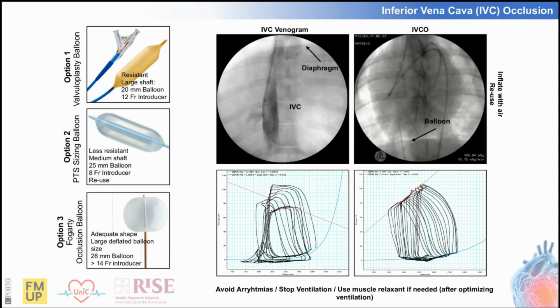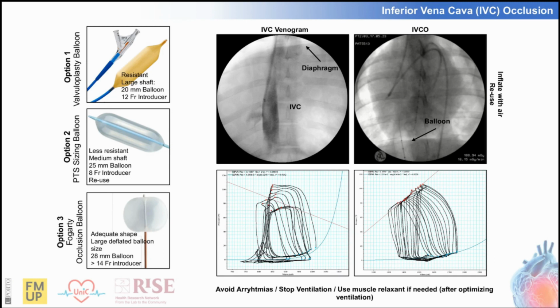So the sizing balloon is a less resistant balloon, but that can be damaged more easily, but it only requires an 8 French introducer to be inserted into the body. And since occluding the inferior vena cava does not require a lot of pressure, this is our preferred option for most of our procedures. So when determining the size of the balloon to choose, you can always perform a venogram